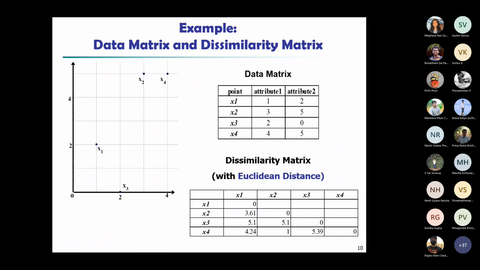So what are the dissimilarity metrics we are already familiar with, like Euclidean distance, Manhattan distance, etc. The matrix would be like this. X1, X2, X3 are your instances. In the data matrix, you can see these are your features or attributes and these are your instances. They are actually represented in the graph also. And we find the distance of every point to every other point. Of course, one triangular matrix is shown because we need to find only either below the diagonal or above the diagonal. That's enough. So Euclidean distance is shown here.